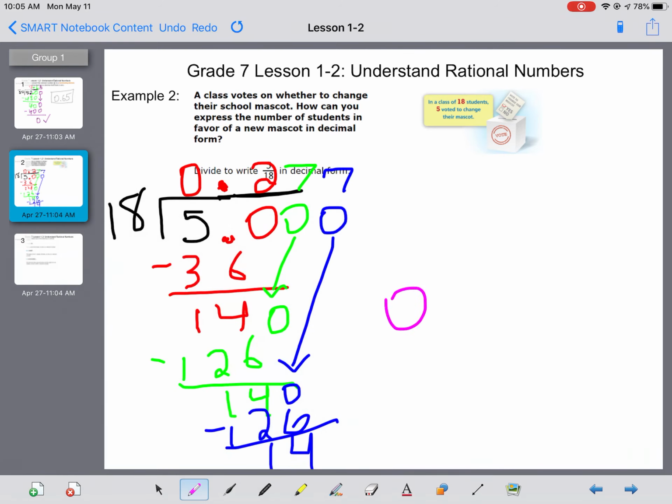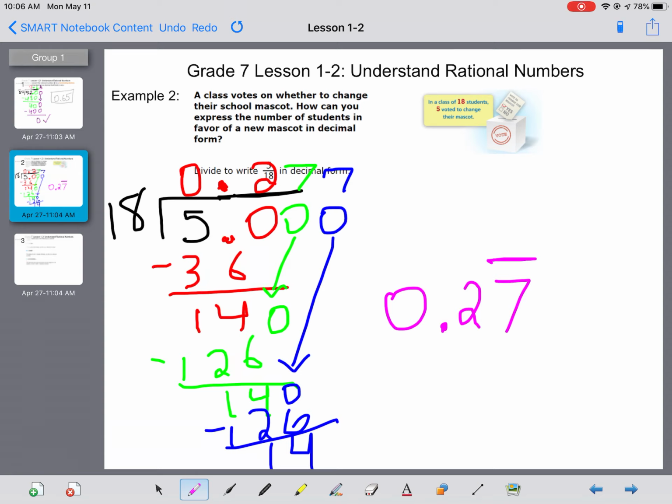So our answer is 0.27, and I'm going to put this bar on top of my 7. That means that 7 repeats on and on and on. So if you typed it into a calculator, or if you kept going, you would keep getting 0.27777, and it wouldn't stop. So I'm going to put a bar only over the 7 because the 2 does not repeat, but the 7